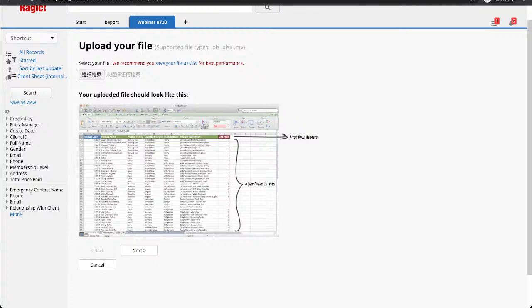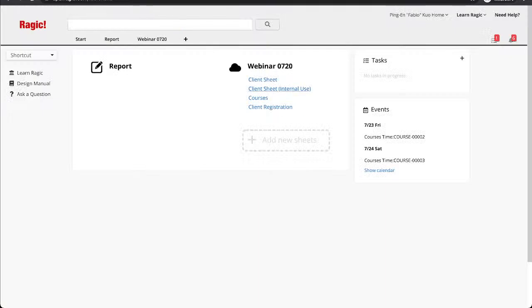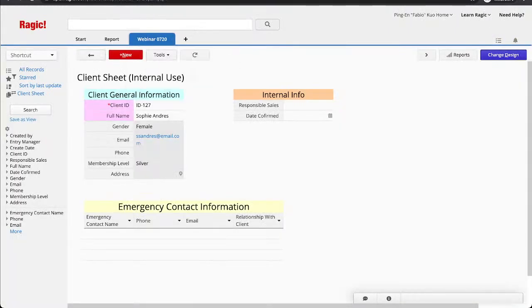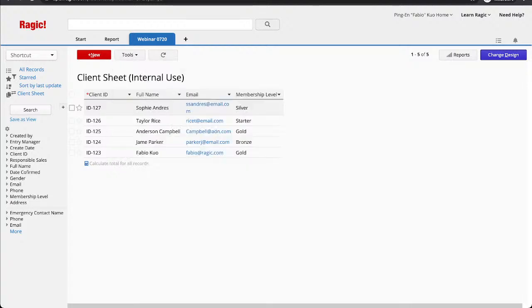From user Dan J: does Ragic work with calendar apps such as Outlook or Google? Meaning, can I use API and Zapier? One is creating a calendar and it can be recorded in a Ragic subtable. We do support API and Zapier integration, and for more information, actually let's just go to the listing page. We do support connect. This one is Zapier integration, and we're also open for API integration if needed.